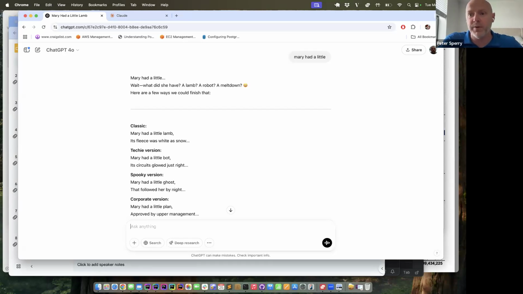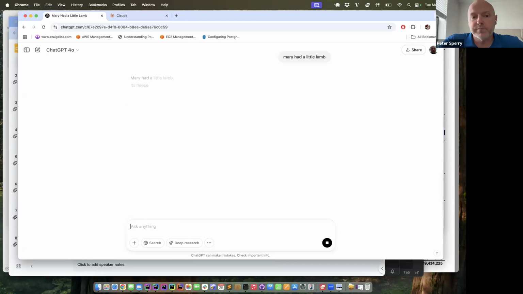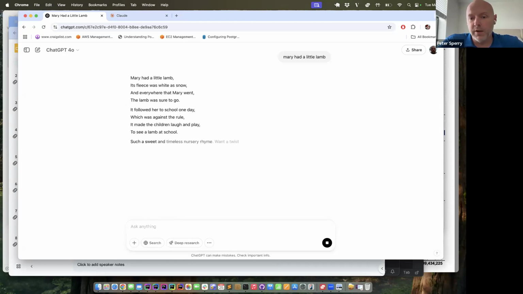So it's not understanding what I'm doing, but it is generating text, and we'll do it one last time to see what it says. So now it's giving me the whole thing, all the verses.